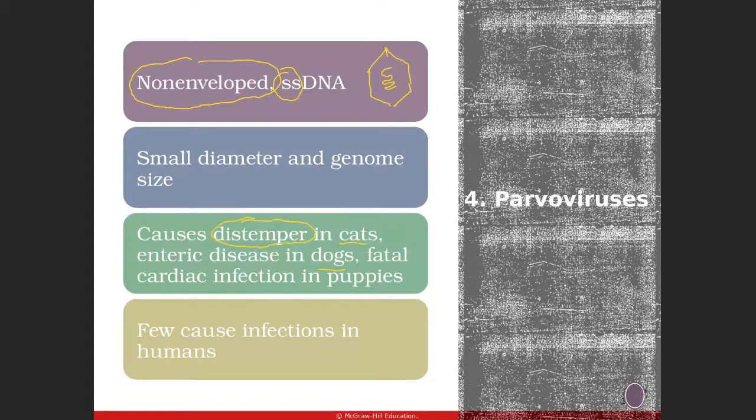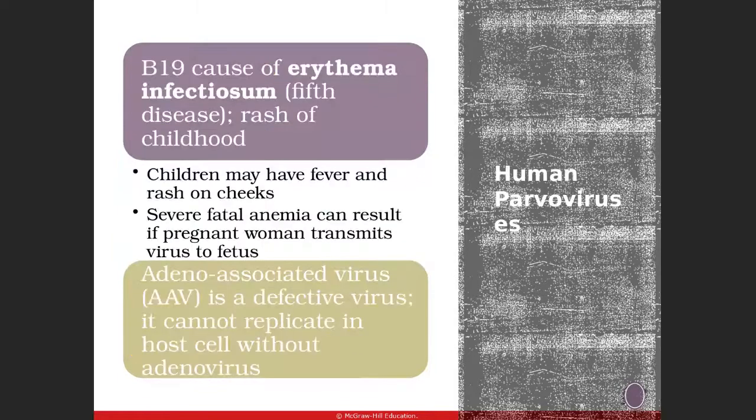Mostly on the cats and dogs, but it can also cause infection to human. The one that causes infection to the human is called the B19 virus. This is the parvovirus type B19 that causes the infection called erythema infectiosum, or the most